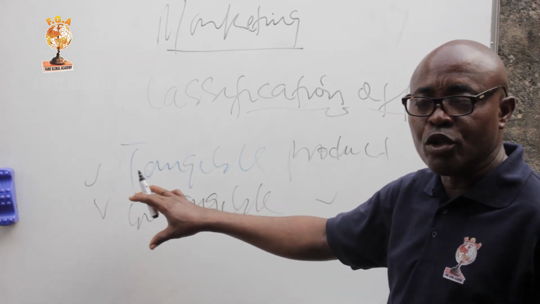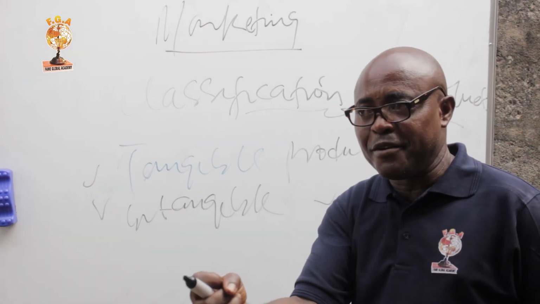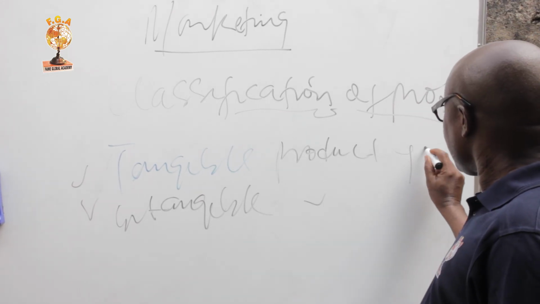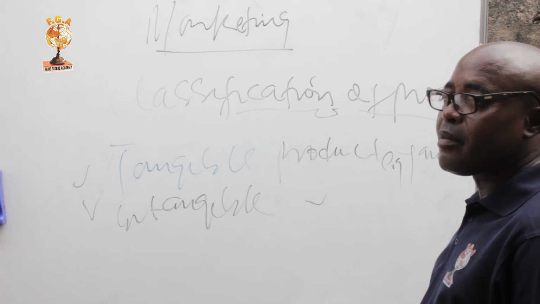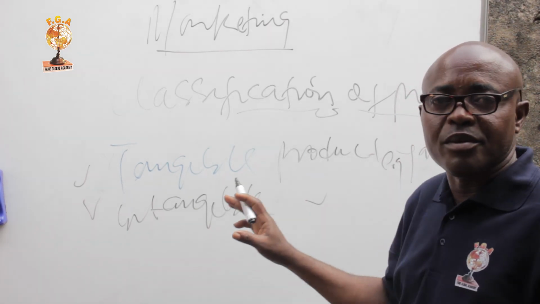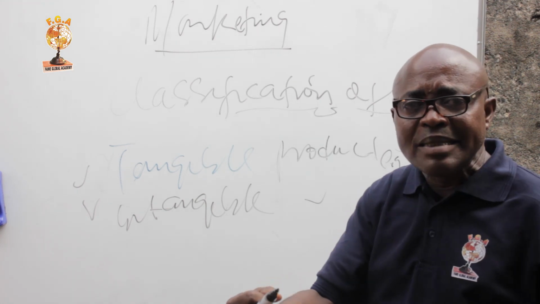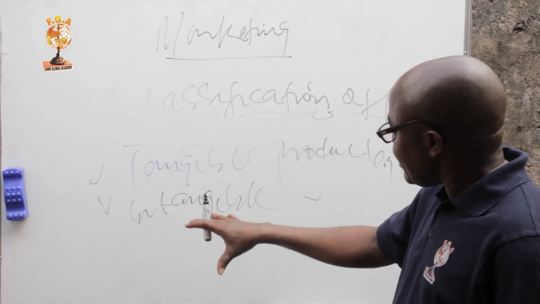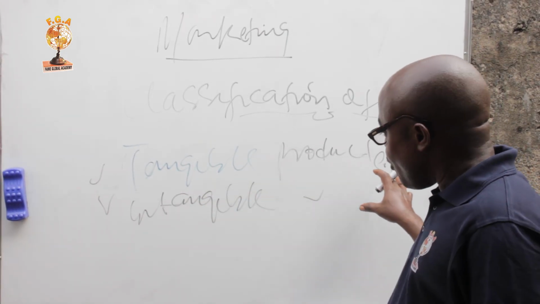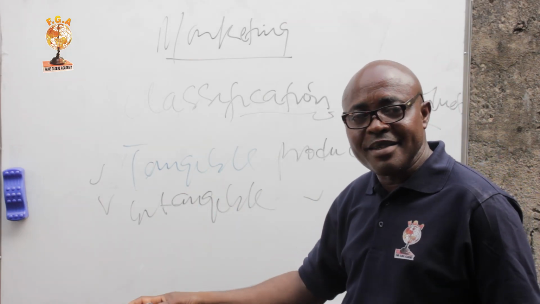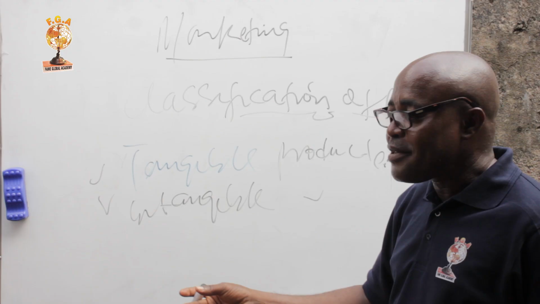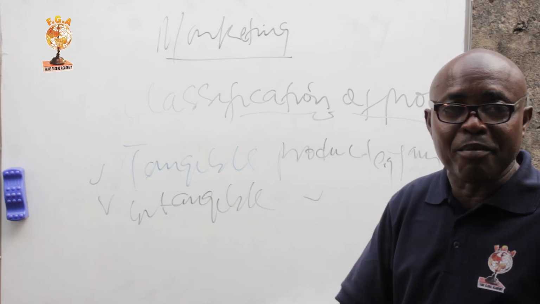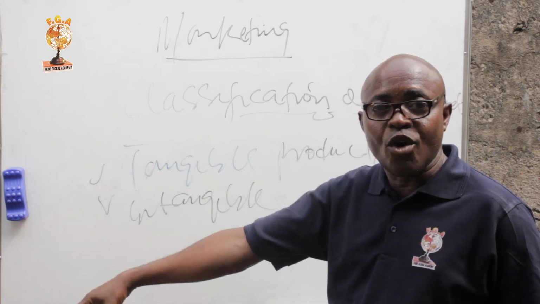Now, people go to the market to make supply of different items, and those items they go to market to sell are products you can feel, you can touch. For instance, yam, tomatoes, any other edible commodity, something that you can buy, cook and eat, is under this classification. While the other one includes services that can be offered in the market, such as ideas, giving directions, giving help. They are referred to as intangible products.